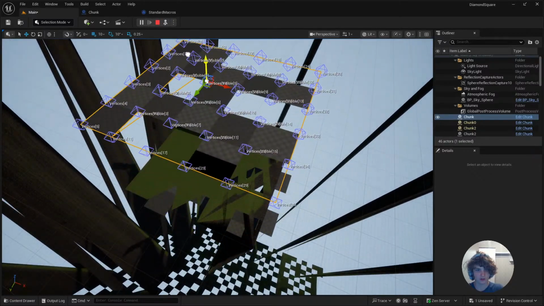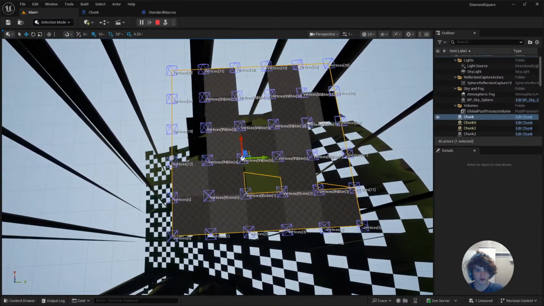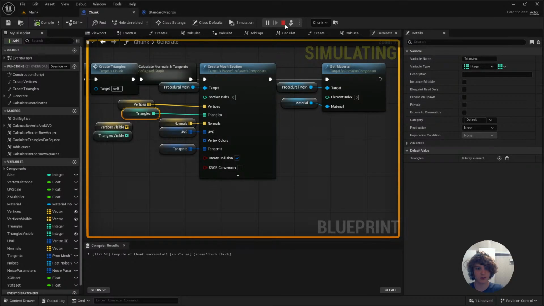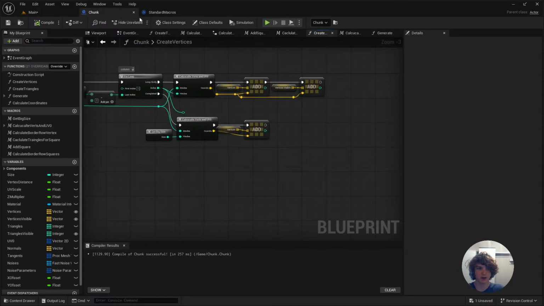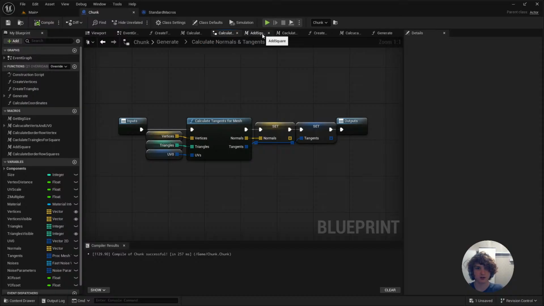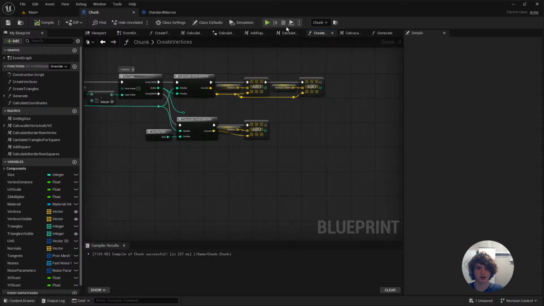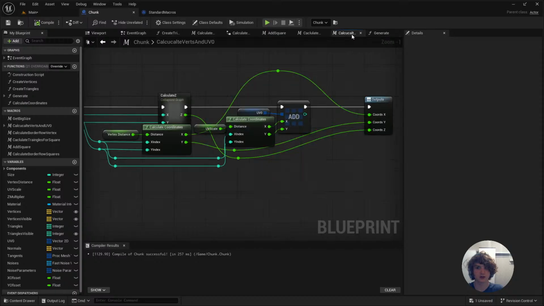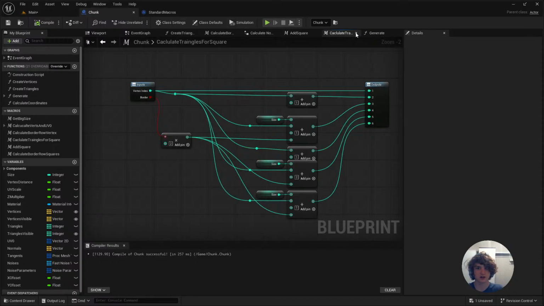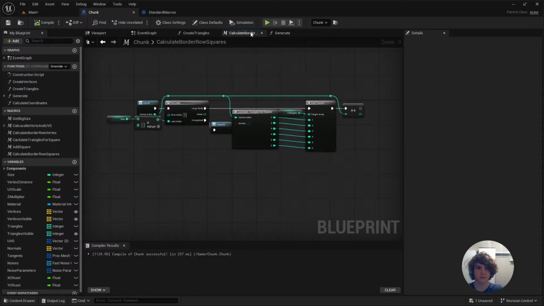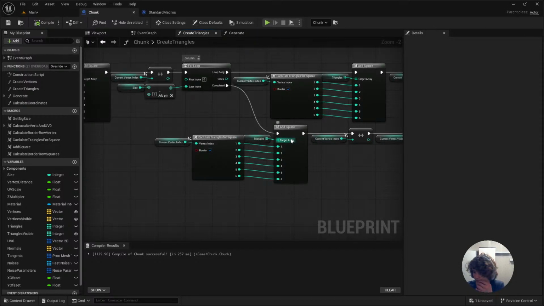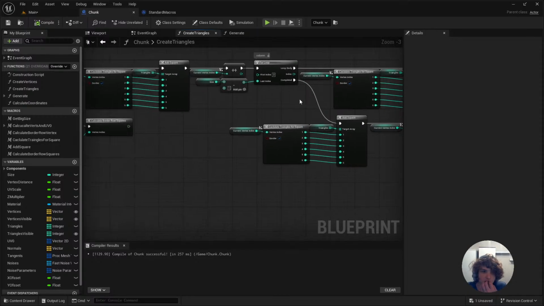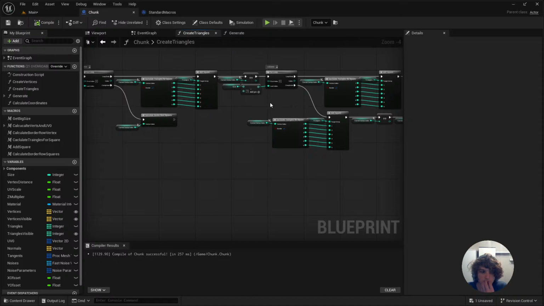Yeah. What's wrong? We have problems with our array of all vertices, and what's the problem? The problem is that with our triangles calculation, create triangles. What's wrong? Something wrong with. So here